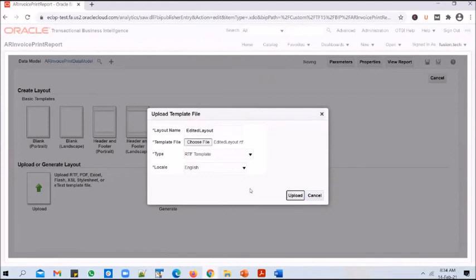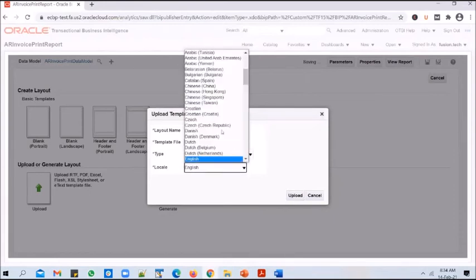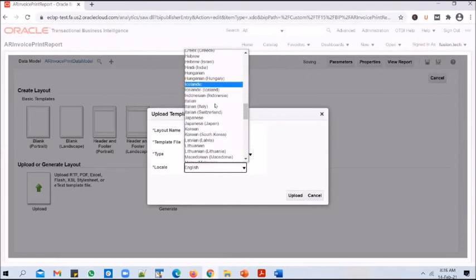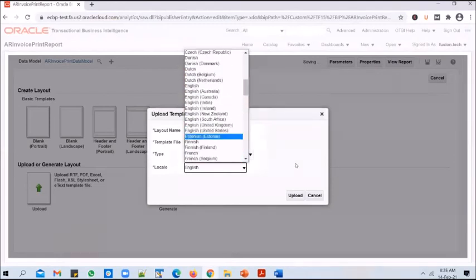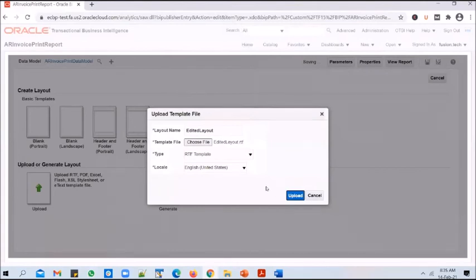Click on upload. You can select it as English or English United States. And you can click on upload. And once you do that, the template should get uploaded.